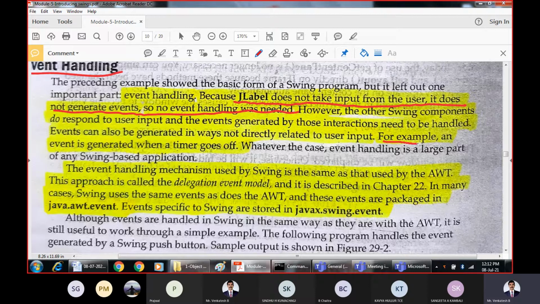One example could be an event that gets generated whenever a timer goes off. That means you are executing some process, and say after 10 seconds, you should stop execution of that process. So this 10 seconds is called a timer. We are going to set a 10-second timer. After that particular 10 seconds, one event will get generated. And what is that event? The event is to stop that process. So here the user is not interacting exclusively with the system or with the graphical user interface.